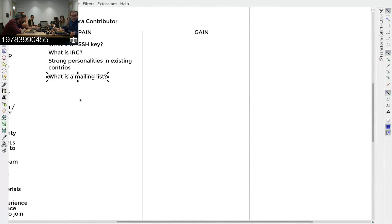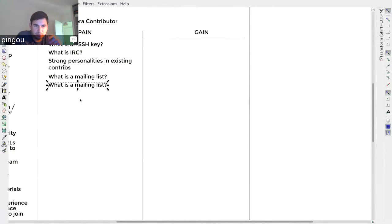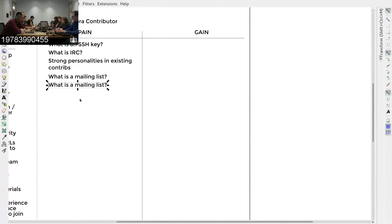in 2015. So I have a question about the points that we are listing at the moment. Is the problem the SSH key itself, the IRC, or the mailing list, or the documentation, or the knowledge of the new tools, basically? Well, I think part of it is that I can tell you from the onboarding designer's perspective,